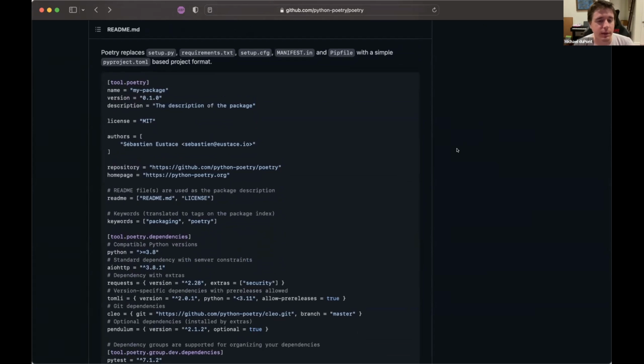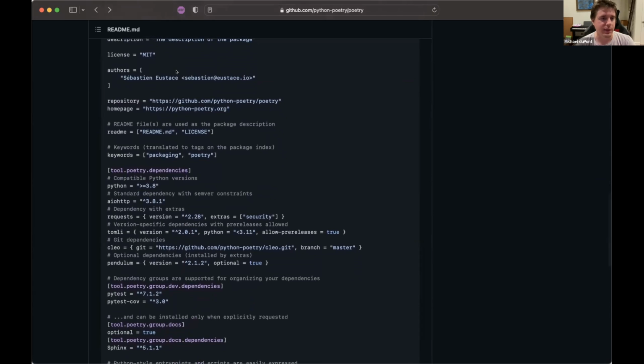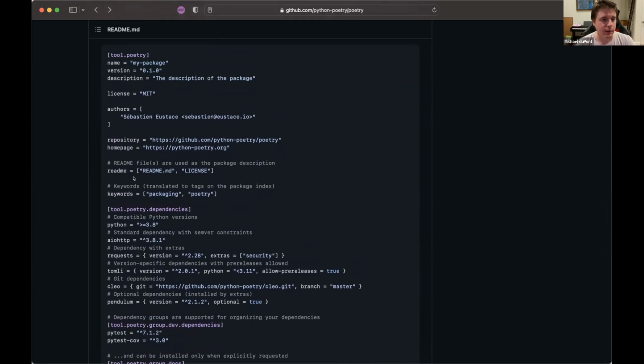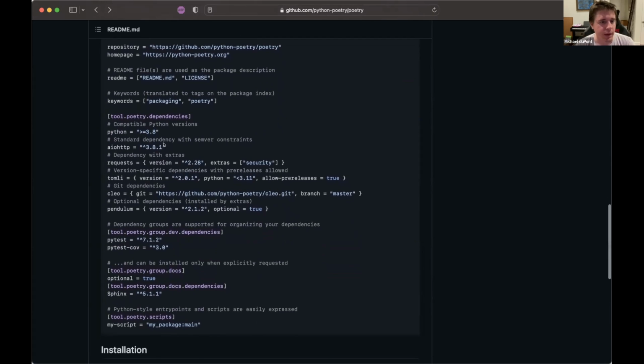A really good thing that Poetry does is it builds off of this relatively new standard for Python called a pyproject.toml file. We're going to have all of our configuration in there. So you can see here's our high level information, things like we would need to have in PyPI. Our dependencies list, including Python itself, because every library should specify a minimum Python version. And there's some really cool things that we can look at,